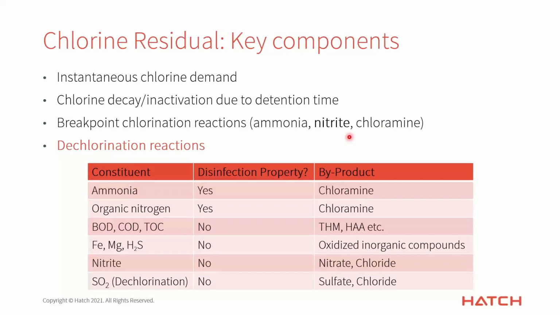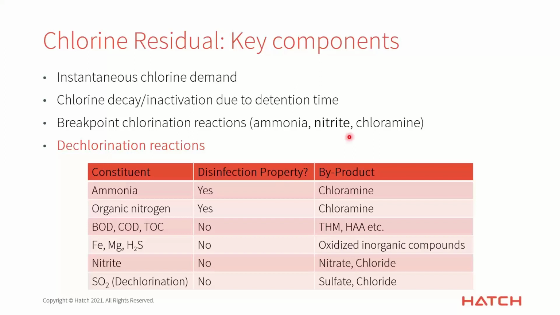All right, so back to these key components of the chlorine residual. I'm just going to mention them one more time. We have the chlorine demand, the chlorine decay, the breakpoint chlorination reactions, and the dechlorination reactions. And this table here shows the common wastewater constituents that can affect the chlorine residual because they react with chlorine, or hypochlorous acid, to be more specific. And these items in the table are going to show up as inputs in the 4 processes in our chlorine residual model. So these constituents are ammonia, organic nitrogen, BOD, COD, and TOC, inorganic compounds like iron and magnesium,